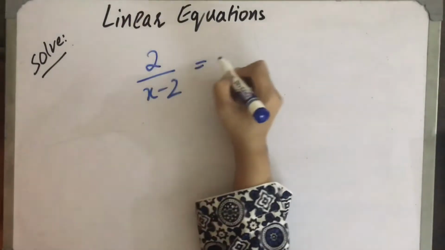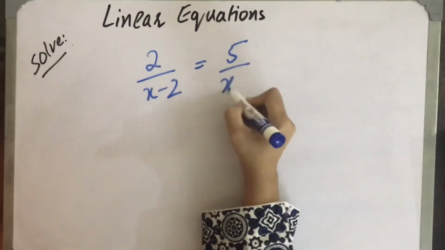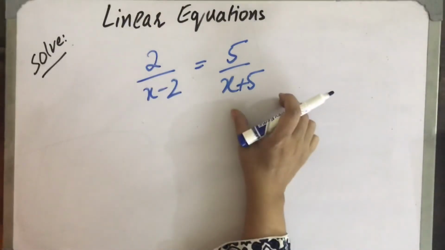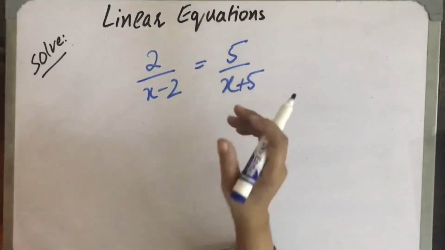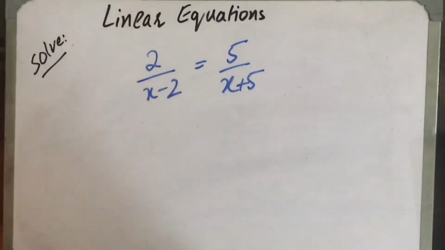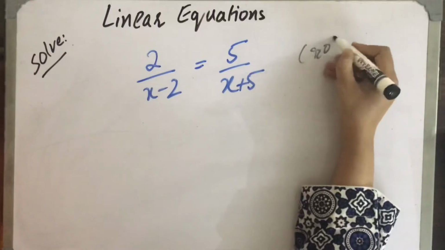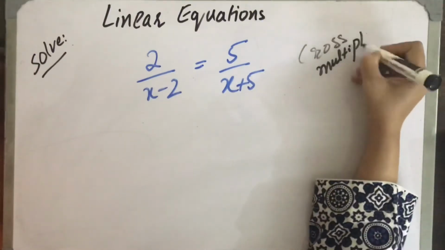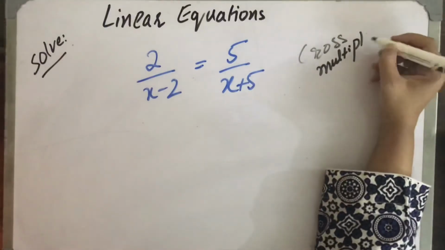The next question has direct cross multiplication. For cross multiplication, there is only one rule. When you have one fraction on one side, then you can make a cross. If there is any other number or there are two fractions on one side, then you cannot do the cross multiplication. So for cross multiplication, we shall multiply one denominator with the other numerator and one numerator with the other denominator.